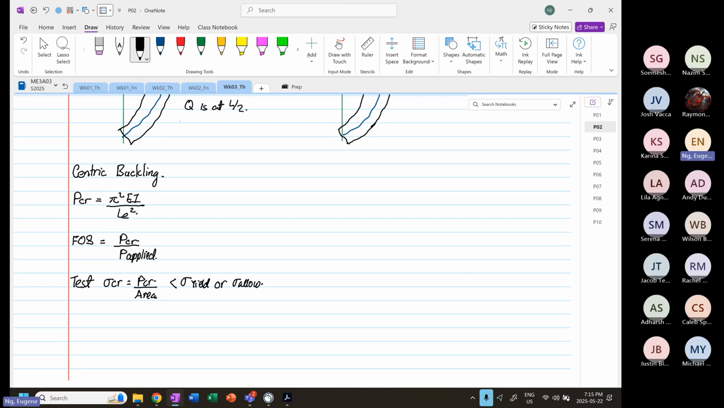Now eccentric buckling is very different. I repeat again, eccentric buckling is very different. The difference is this: you will have a maximum stress, and this will be equal to P over A, bracket